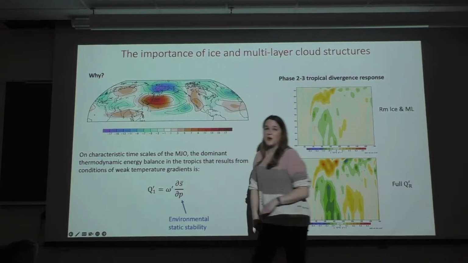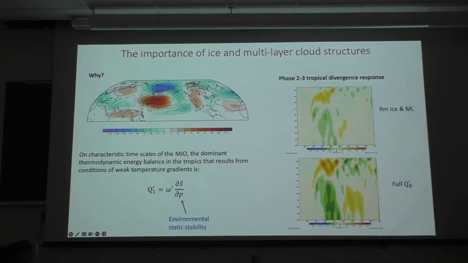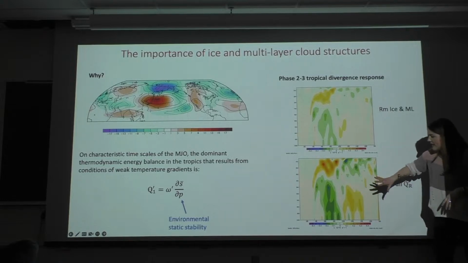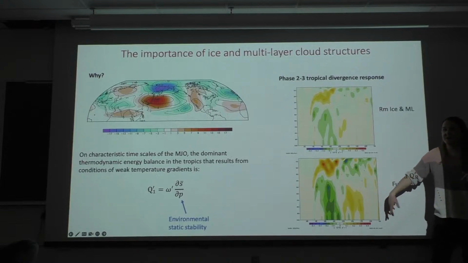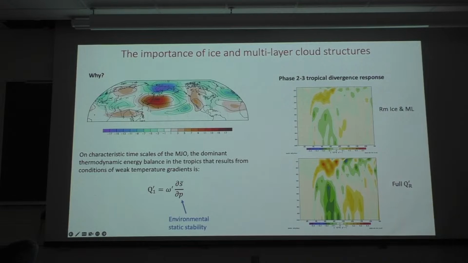And if we change the vertical motion via continuity, we know that this means we're going to be changing the divergence. Upper level divergence is what is linked to forcing Rossby waves into the teleconnection patterns. So we can see how divergence is impacted by removing these certain cloud types, right? So here you can see the divergence. This is averaged between -10 and 5 degrees north, since the MJO tends to be more centered over the southern hemisphere,